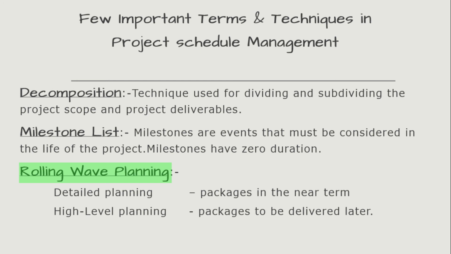Rolling wave planning is a popular concept with agile projects, and it is used more frequently on projects like creation of an information technology system and less often on projects within the construction industry where unknowns may cost millions of dollars.